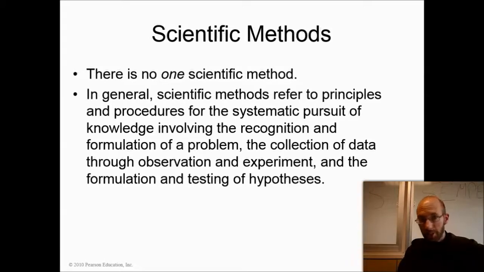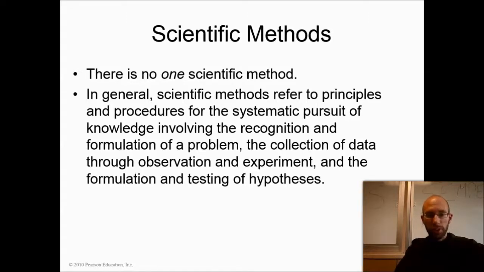Generally speaking, scientists want to know something. They've recognized a problem, they've come up with some sort of question, and they've phrased that problem as specifically and exactly as they can. And then they go about to collect data. They go about doing some experiments and observing things in order to gain some more information on the problem or question that they've come up with. And finally, they come up with these predictions, these hypotheses, which they can then go about testing in the lab